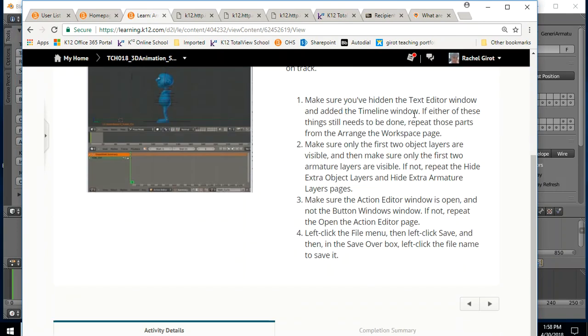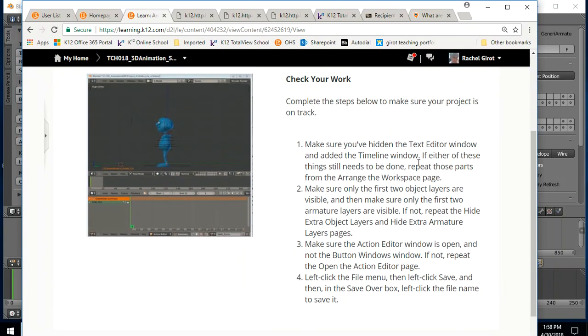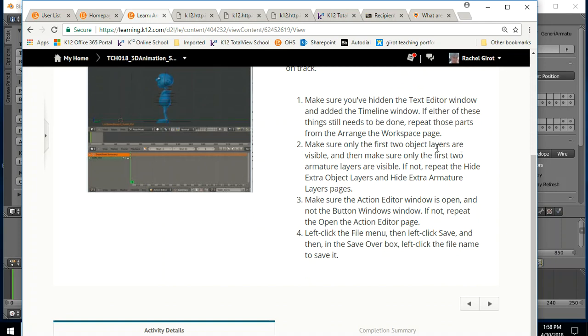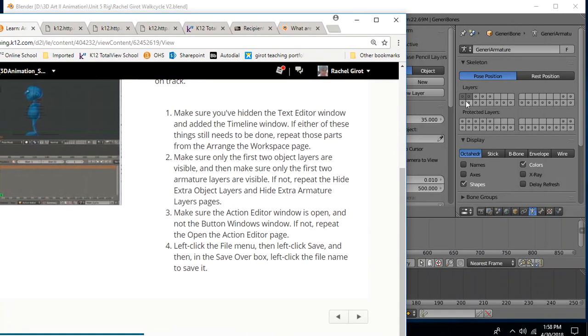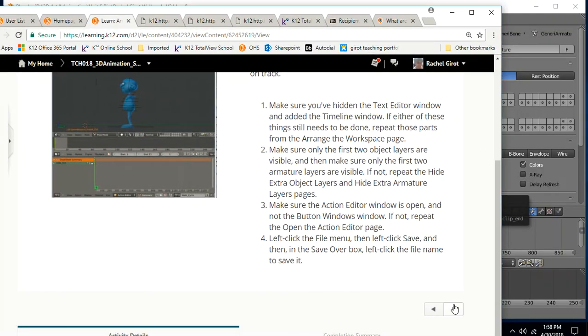Make sure you've hidden the text editor window and added the timeline window if either of these things still needs to be done. Make sure only the first two object layers are visible. We did that here. And then make sure only the first two armature layers. Oh, these are probably the armature layers. If not, repeat the video. Make sure your action editor window is open. All right, so that looks pretty good. I think that completes